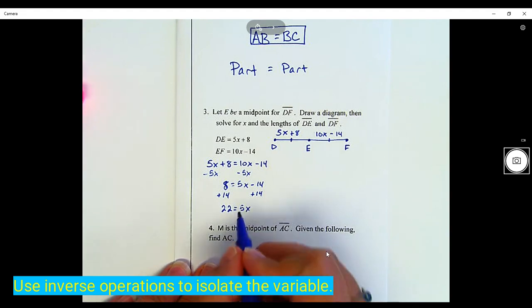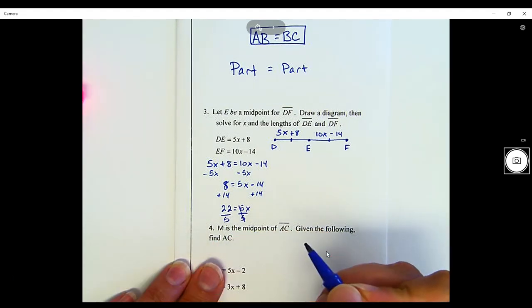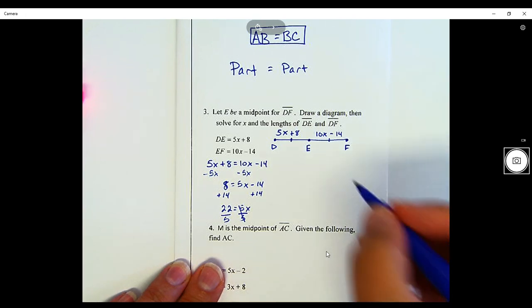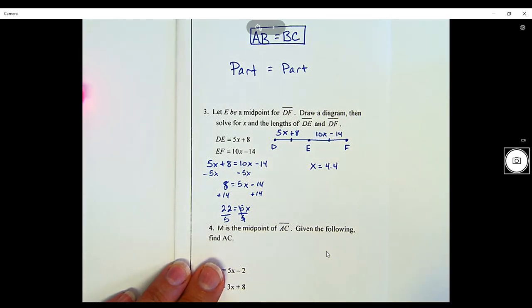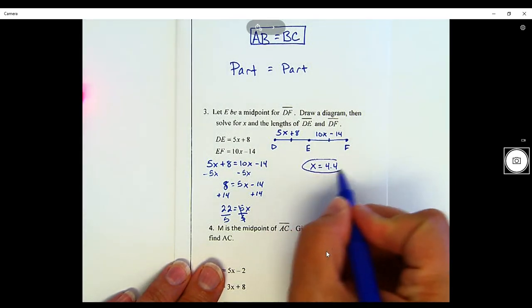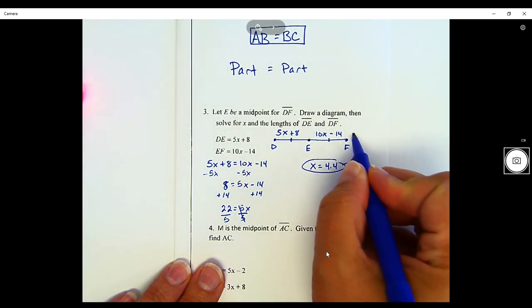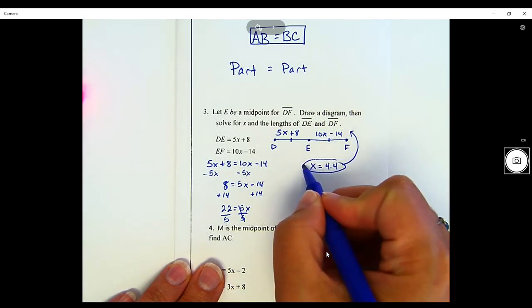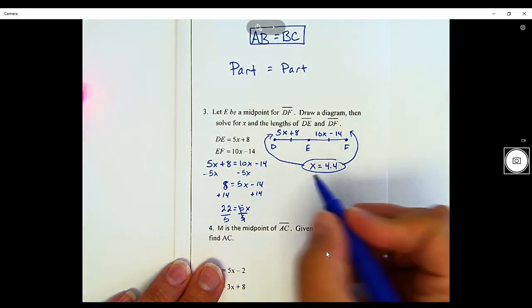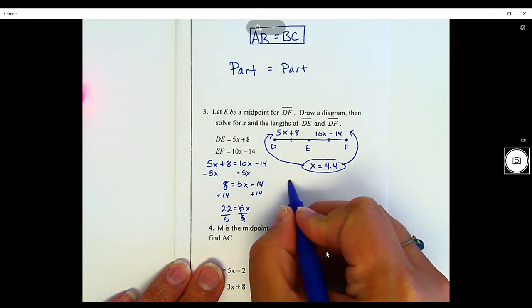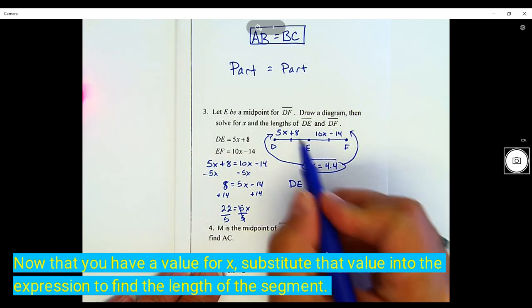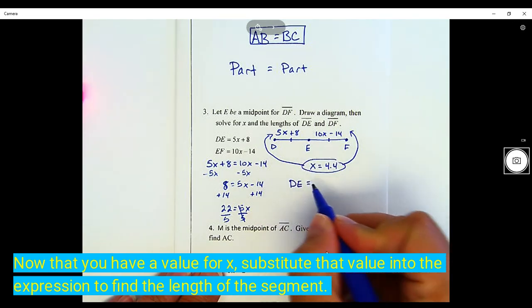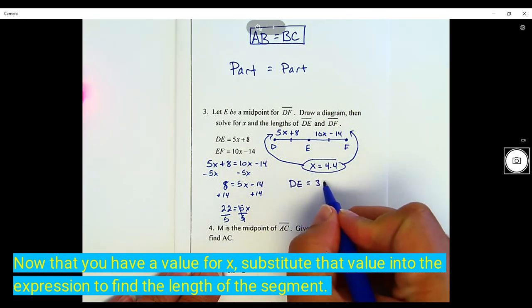22 equals 5x. To get x alone, we're going to divide by 5 on both sides of the equation. And in this case, x equals 4.4. Now what I'm going to do with that information is I'm going to take that x and plug it in to each expression. I'm going to plug it in here and I'm going to plug it in here. So for DE, I'm going to multiply 5 times 4.4 and then add that 8. And I end up with a length of